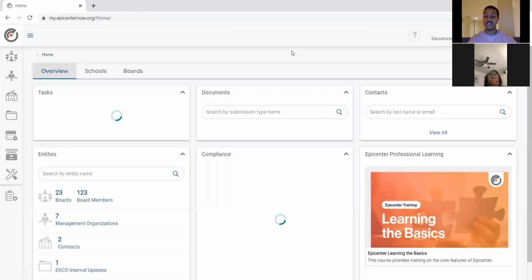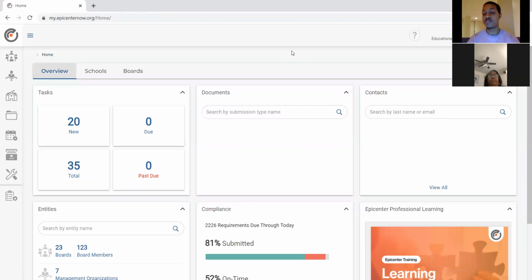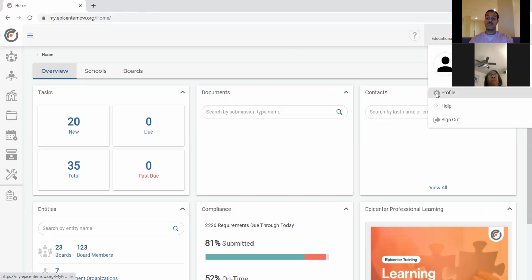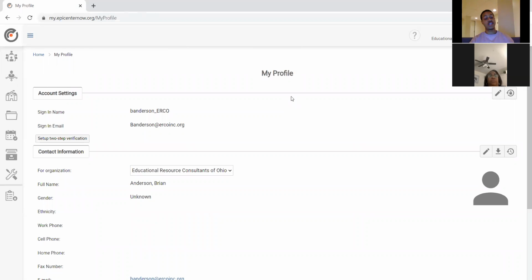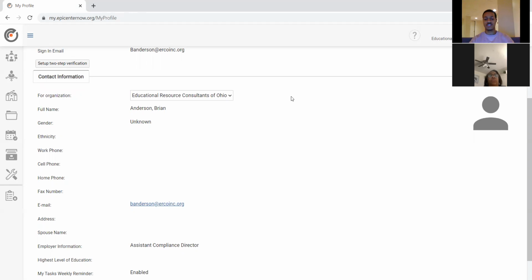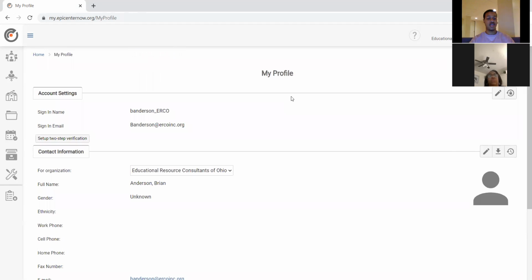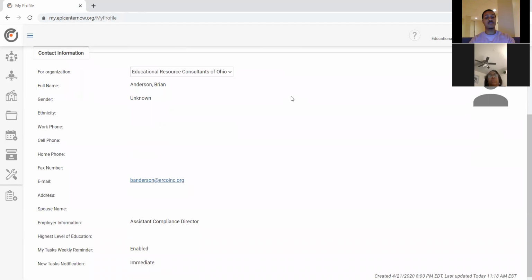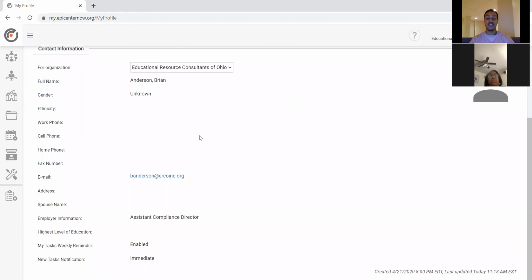And then in terms of dealing with your own profile, what other people see, you can go up here to this right-hand corner. Your name as well as the organization you're dealing with should be up here. You can click on that and then go to your profile. One thing I did want to point out is that we have had some questions or issues with receiving notifications. Like I said, this has my email. It was the same as the profile page before, but you can also from here